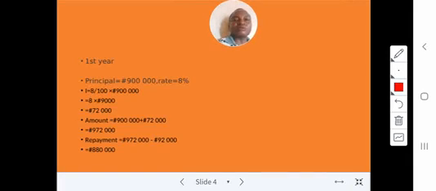Now the amount becomes the principal plus interest, as usual, and that gives us 900,000 naira plus 72,000 naira, and that amounts to